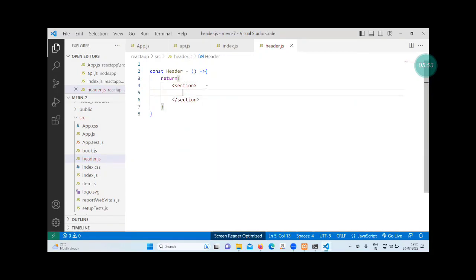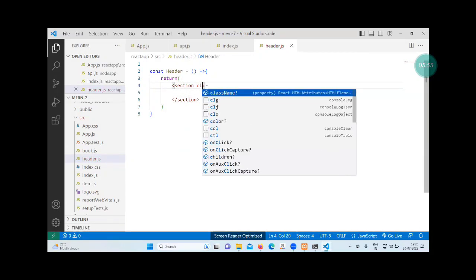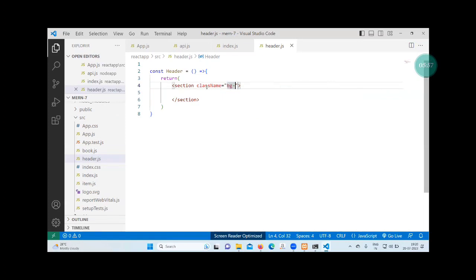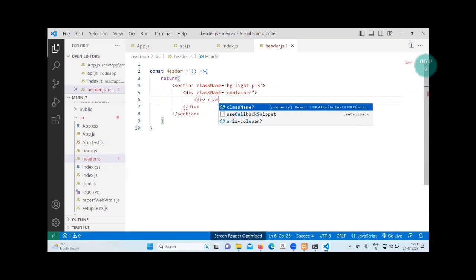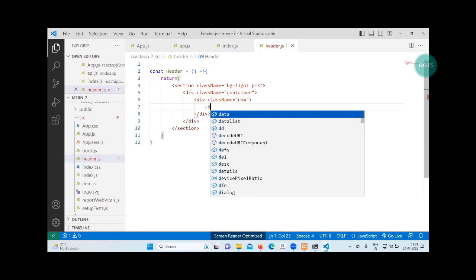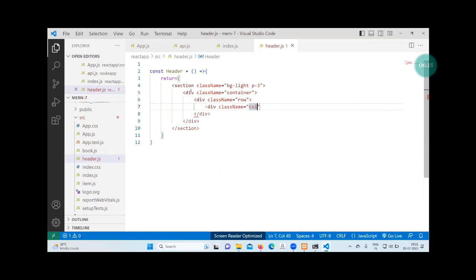a section tag, className bg-light, p-3, div, container, div, row, div, col-4 or maybe col-3. Inside the 3,